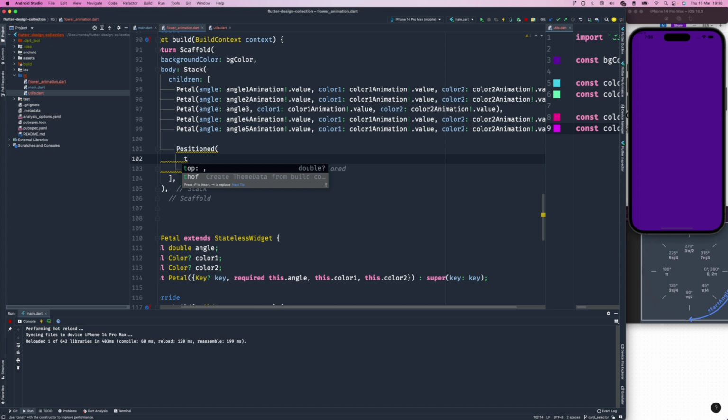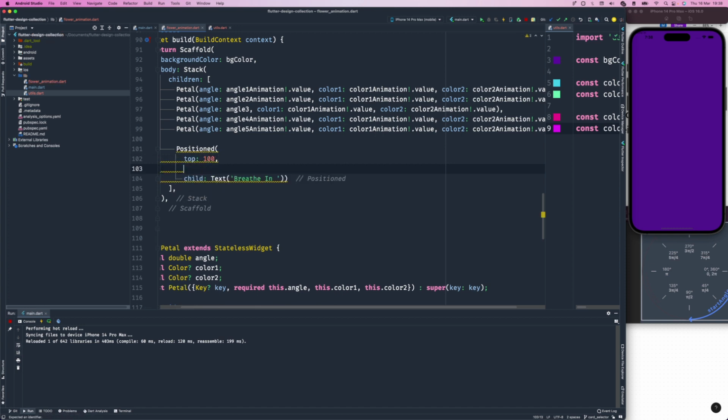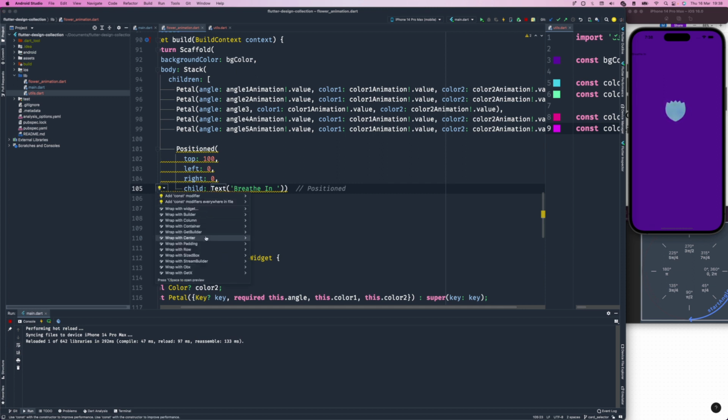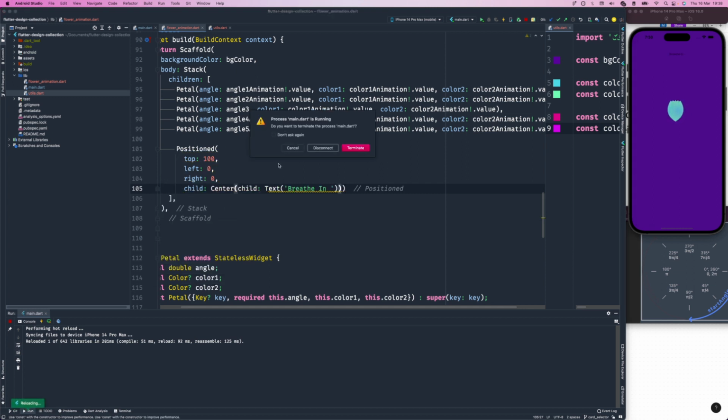So here the top, let's say left 0 and the right 0 too. I have it somewhere here. Why is this strange? I should have it at the center. Let me just add the center there. Okay, so now it's working. Okay, so next thing,